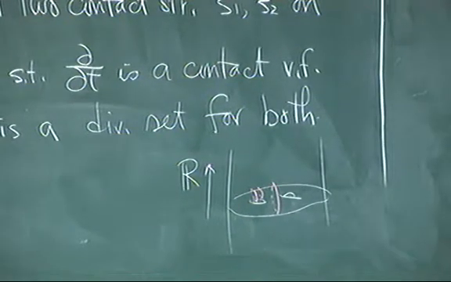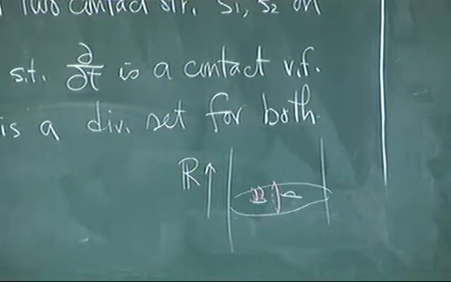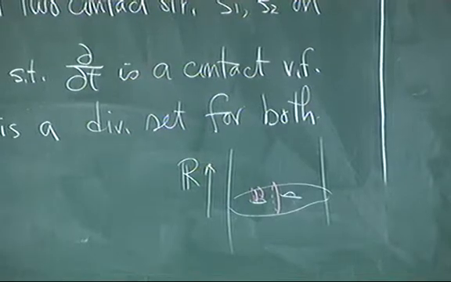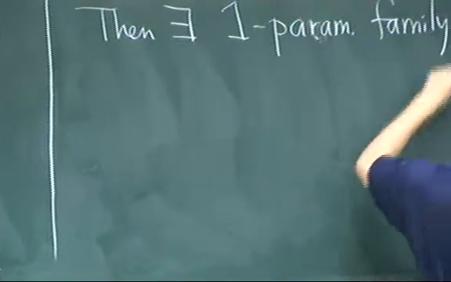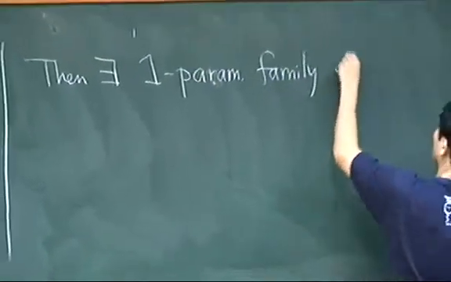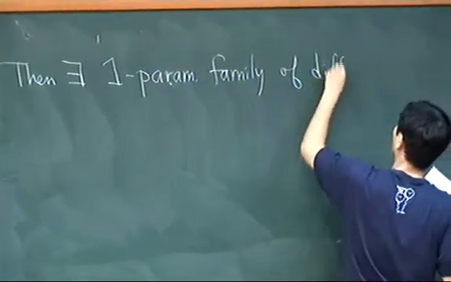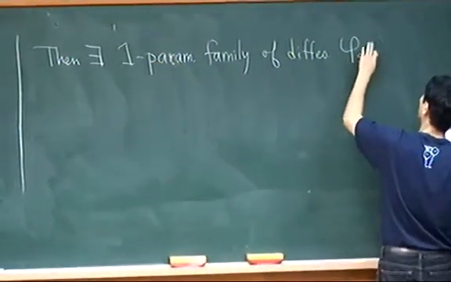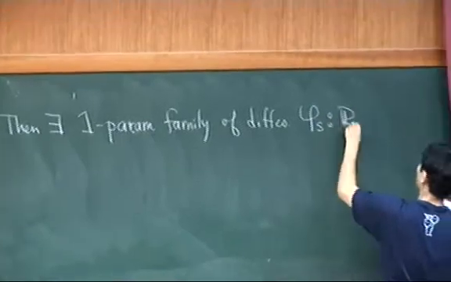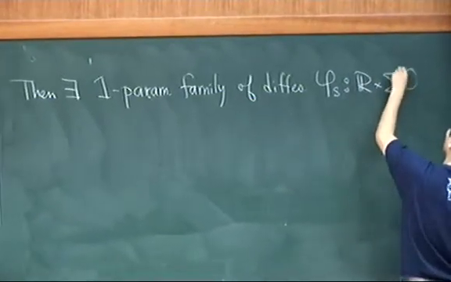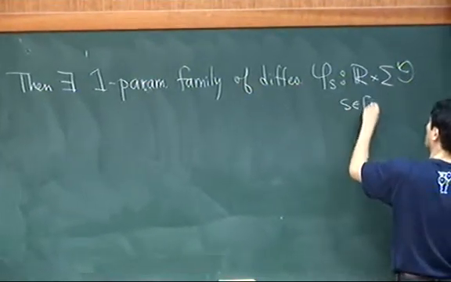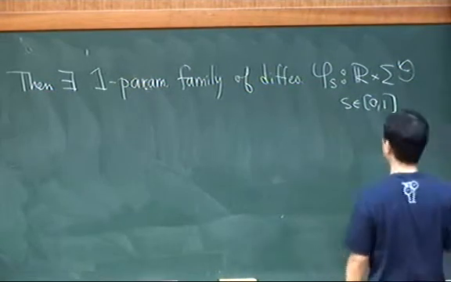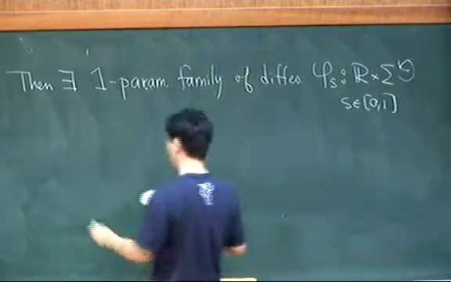There's going to be a one-parameter family. So there exists a one-parameter family of diffeomorphisms. Maybe I should just say isotopy, but diffeomorphisms phi sub s from R cross sigma to itself, where s is in [0, 1]. Okay. Such that